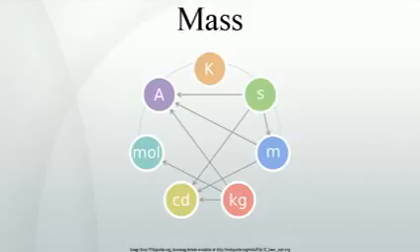The mass of an object determines its acceleration in the presence of an applied force. This phenomenon is called inertia. According to Newton's second law of motion, if a body of fixed mass m is subjected to a single force F, its acceleration a is given by F over m.